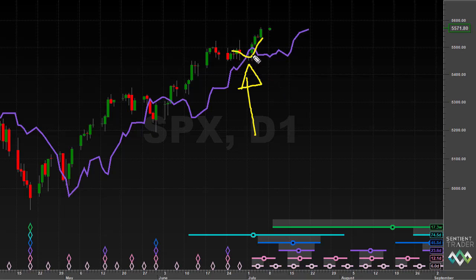Either this 80-day cycle trough did form over here, indicating that the bull is still very much alive and well in the S&P 500, or we are expecting price to come down, and it would need to come down fairly quickly into a later 80-day cycle trough. How will we know which one of these is playing out?